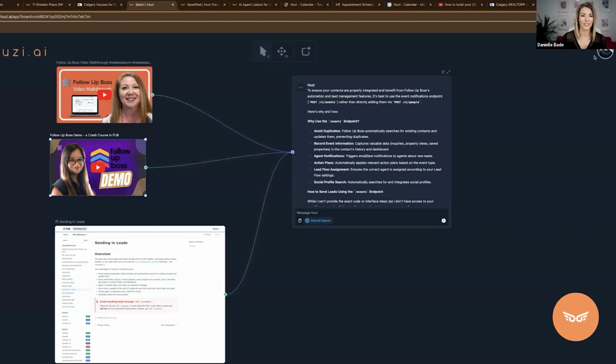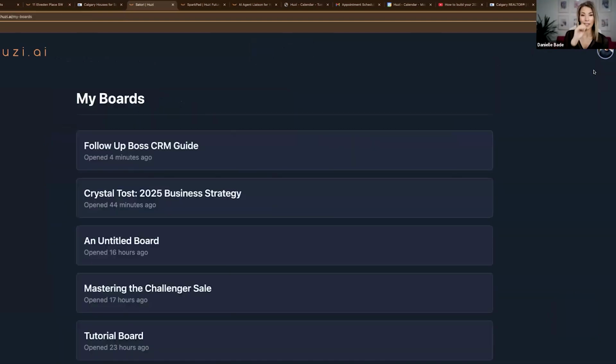No, it's perfect. Bringing in those elements, and what you're talking about too is almost having like a template, right? Where you can go back and you have your Follow Up Boss guide. So if you need to troubleshoot something, you already have those elements preloaded there. So you just go and ask today's question, the question of the hour that you want to troubleshoot. Love that. That's exactly right.